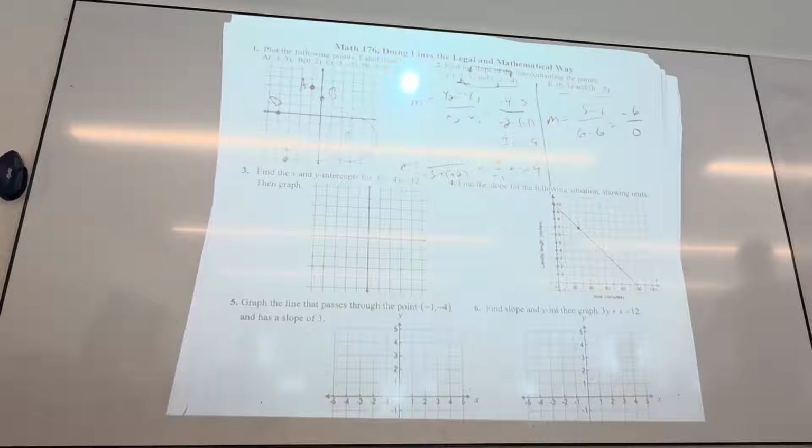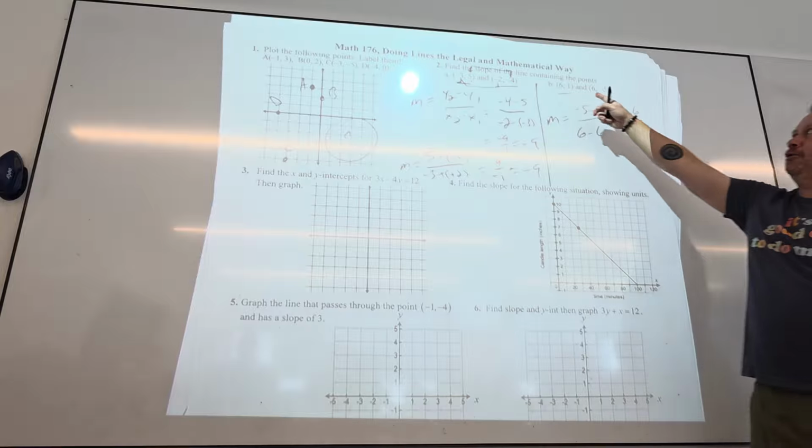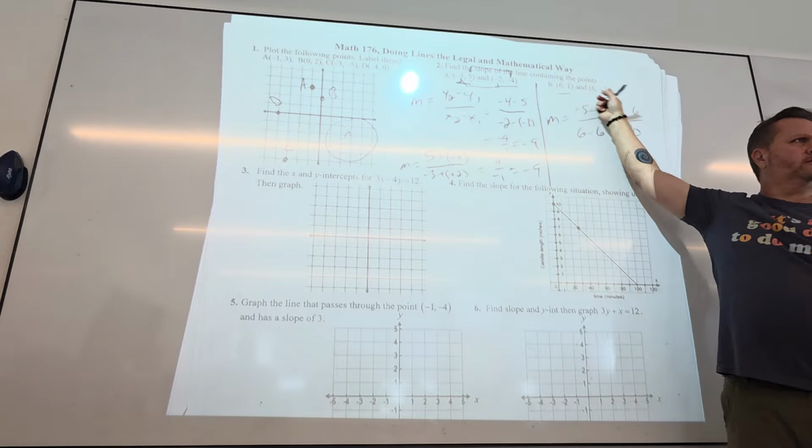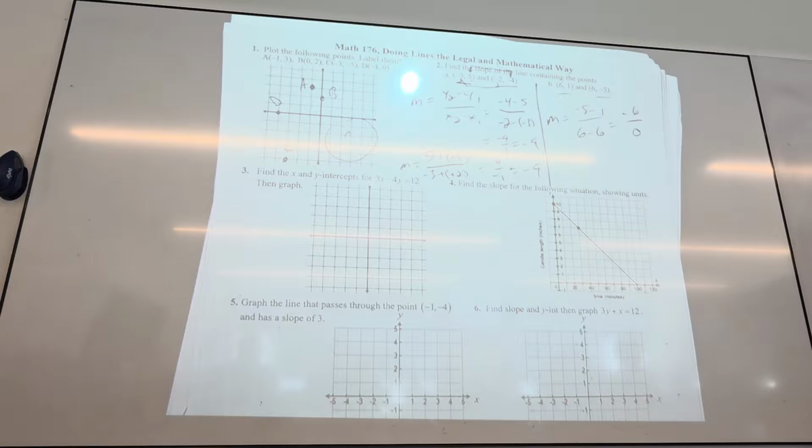Yes? What do you want us to put for an answer for it? Do you want no solution? Either undefined. No, it's definitely never no solution because is there an equation in the question? Is there an equation here? No. We set up a way to find the slope, which is still not an equation. I know I see an equal sign. I totally do. But it's not an equation, it's a process to find the slope, yes? So of course the answer could never be no solution because there's no equation. So it's either undefined or infinite.